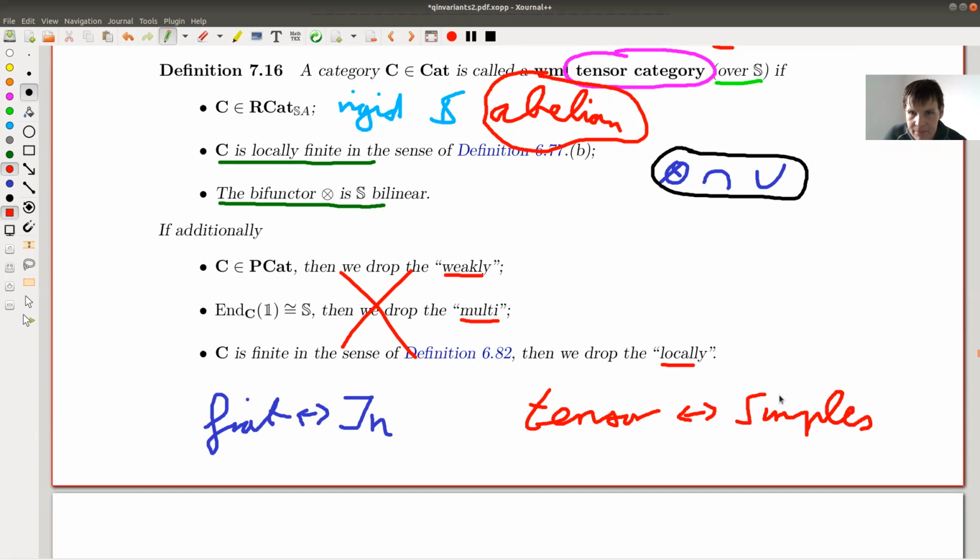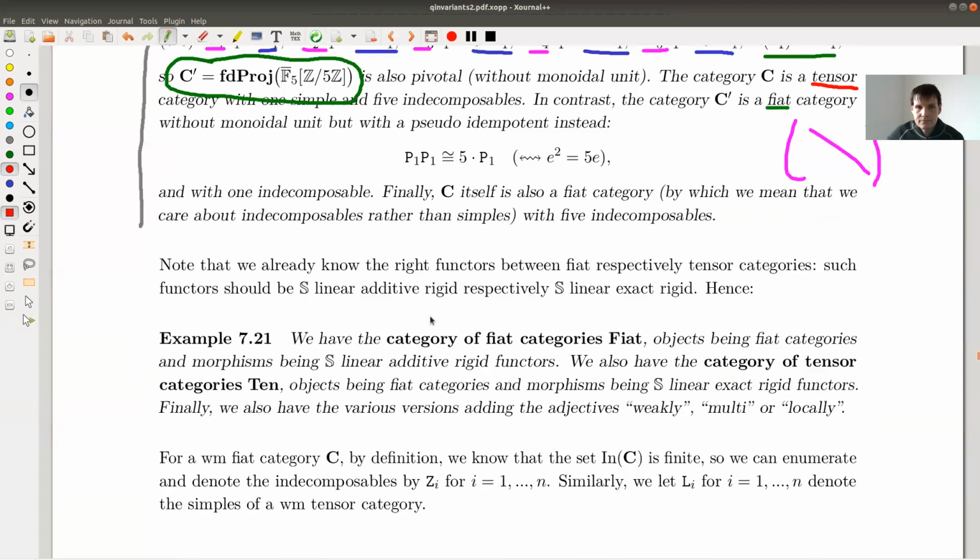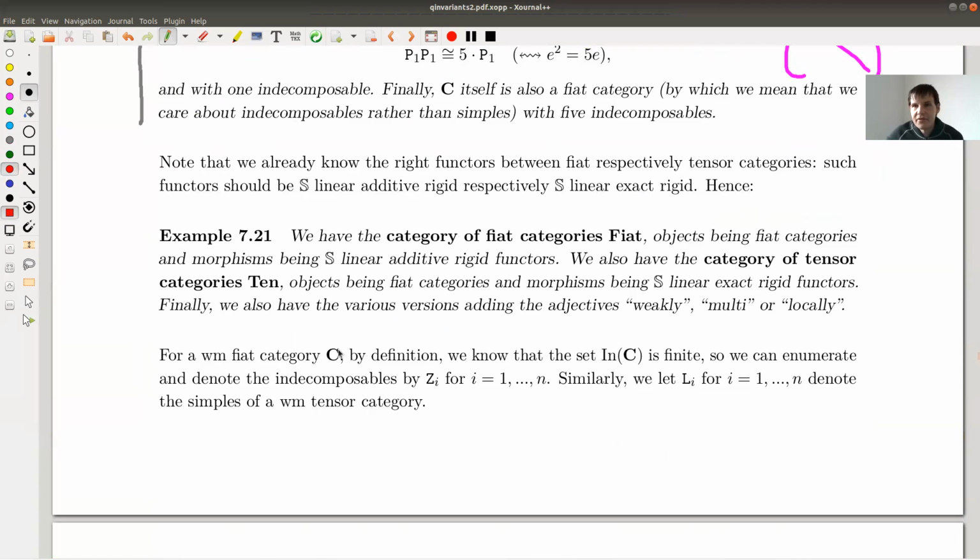And remember from last time that we had these two competing notions of what elements are, right? Elements could either be indecomposables, things that you can't decompose further, or simples, things without substructure. And since it's not quite clear which is the right notion, it makes sense to have a distinction on this level as well. So you either like simples, then you would do a tensor, or you like indecomposables, then you would go Fiat. Anyway, good. Simples versus indecomposables, tensor versus Fiat. That's what I would like to keep in mind.